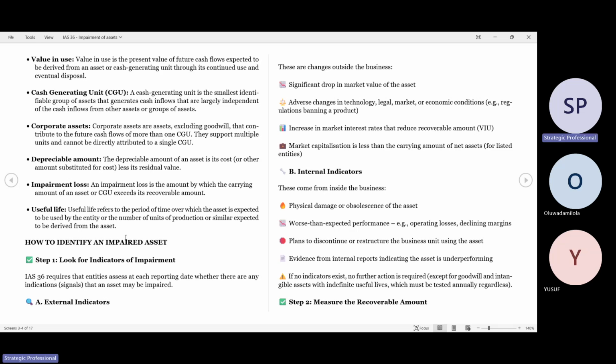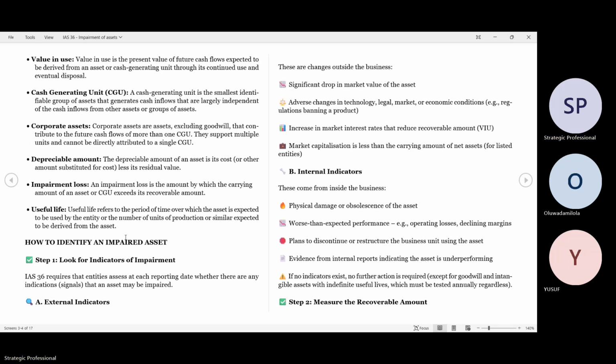What that means, the impact of that news, is that what you are carrying as a year ago, you are overstating it. You are not telling the users, the internal users, the truth. It's like you are lying. I said that should be 30. You are telling the user that it's 50. So what does it mean? It means that that asset has been overstated.